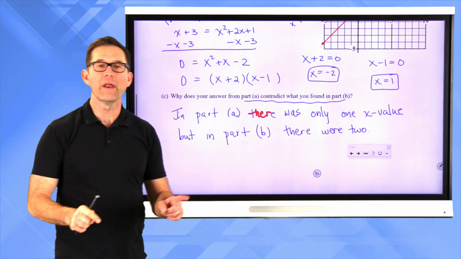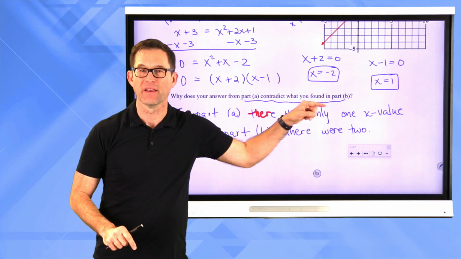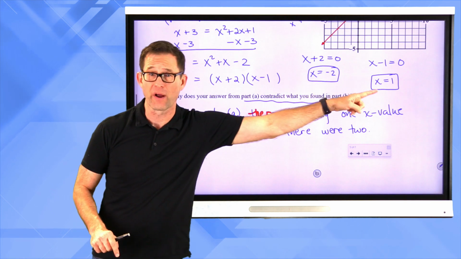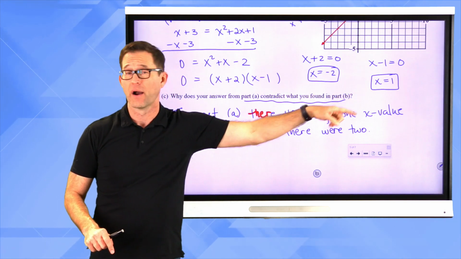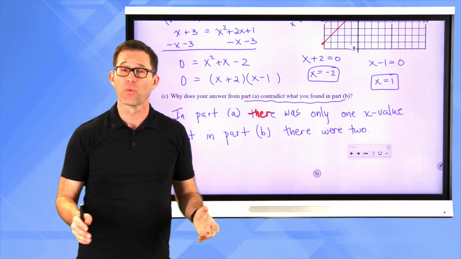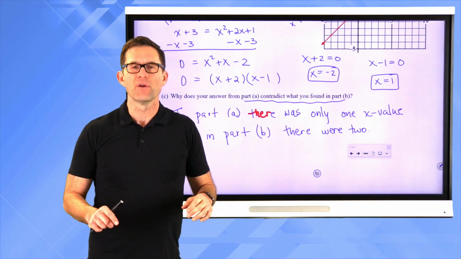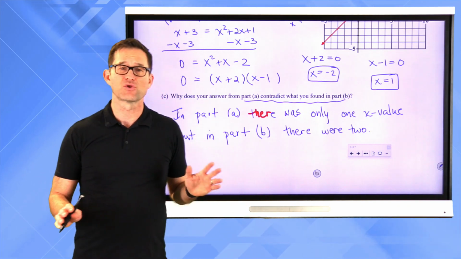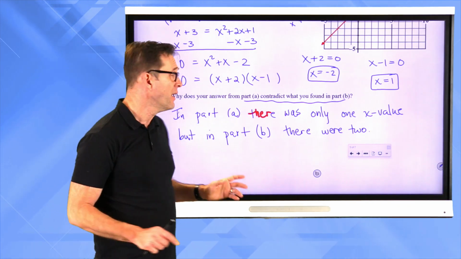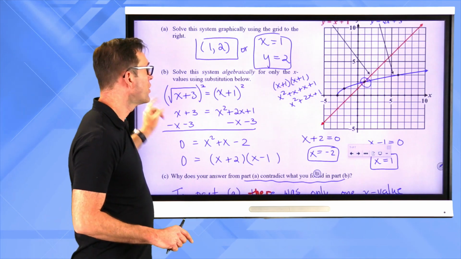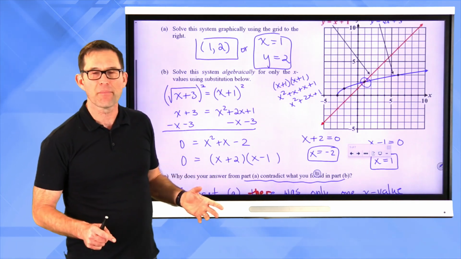All right, one of these is extraneous, and of course it's this one. We already know the correct one. It's x equals 1. And that one would check and all would be good with the world. So why did we get that x equals negative 2? Well, we're going to devote an entire lesson to talking about extraneous roots, okay? But just to give you a little sense for it, the reason it's happening is